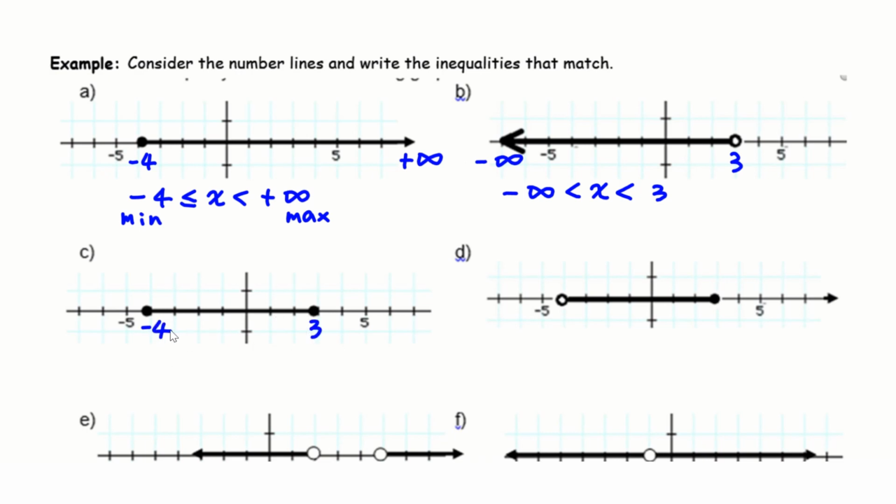You have a solid dot, so it will be less than or equal to 3, less than or equal to, then x between them. This one, -4, +3, but this time you don't have a solid dot. It will be no equal sign,